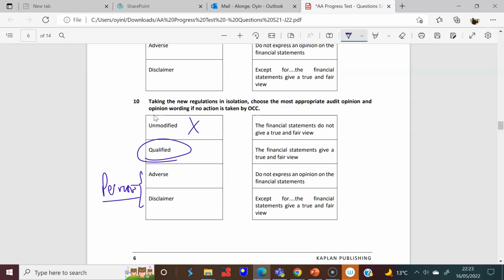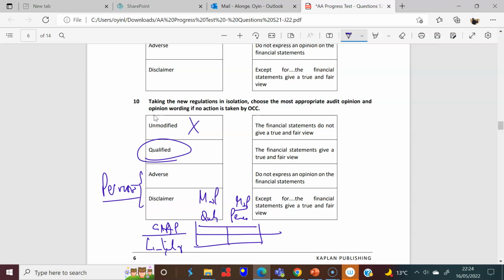All right, remember we had a table, didn't we? Remember this table? Yes, and we had qualified, perverse. So material, not perverse, material and perverse. And then we had two reasons. I've said that before. Gap alignment, so as close as possible to the financial reporting standards. And then we have here limitation of scope. So you just can't get your hands on the evidence. There's not enough evidence to prove. But here you can clearly see what's going on. It's isolated, so it's qualified except for.